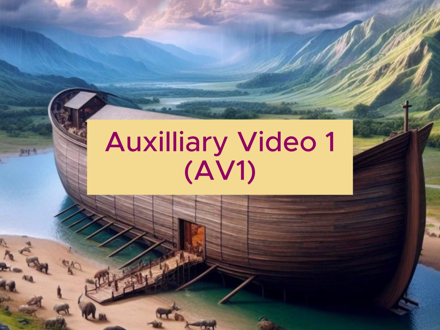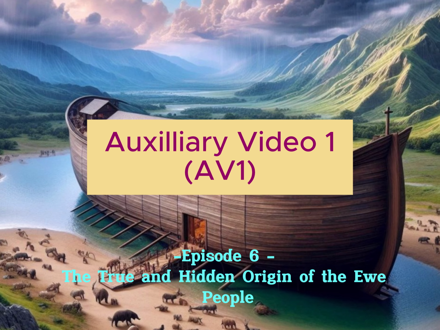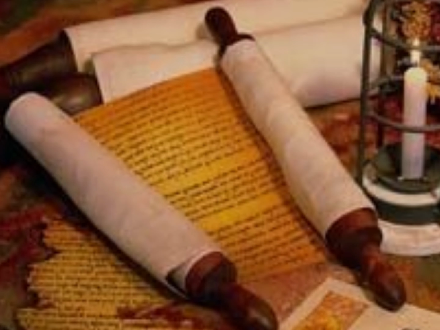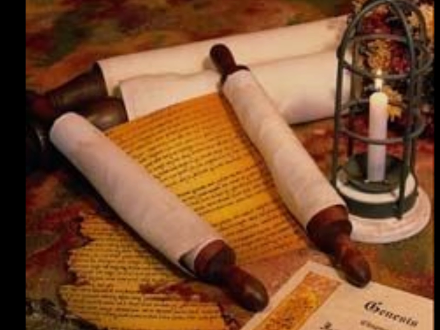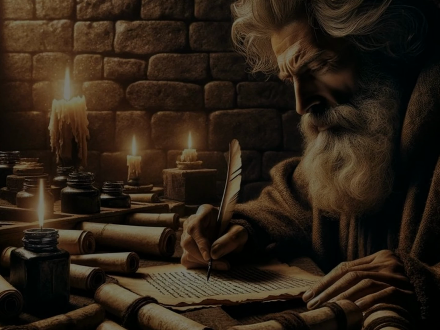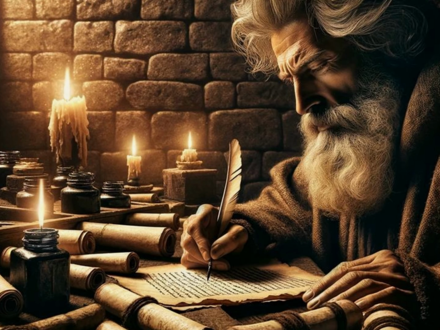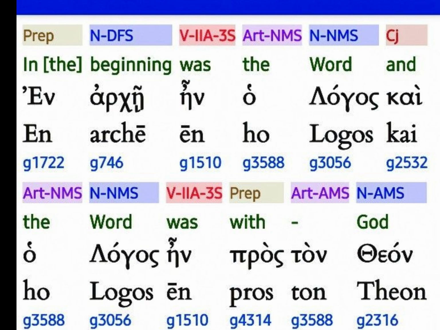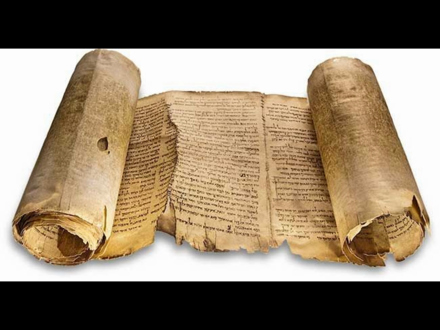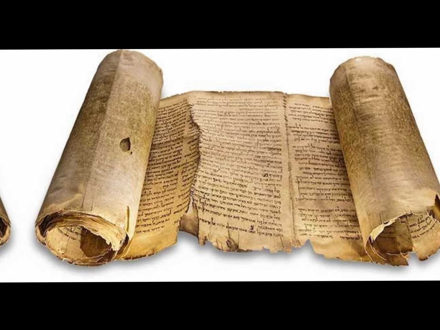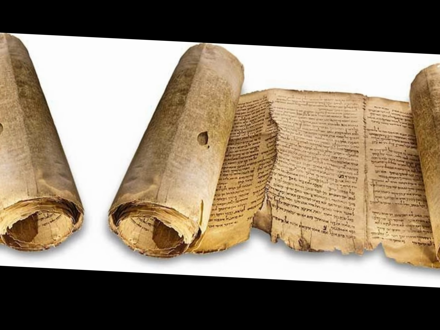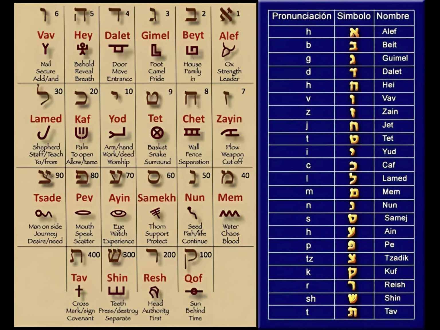This is an auxiliary episode to episode 6, which is necessitated by our desire to explain certain terms and names used in episode 6. It is a fact that many of the Bible scrolls were translated by people who did not have Hebrew background between the 3rd and 1st centuries before Christ. The Greeks first translated and transliterated the actual scrolls into the Greek language using the Paleo-Hebrew pictographs and the ancient Hebrew alphabets.